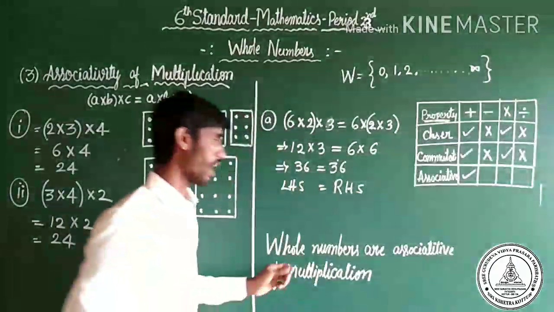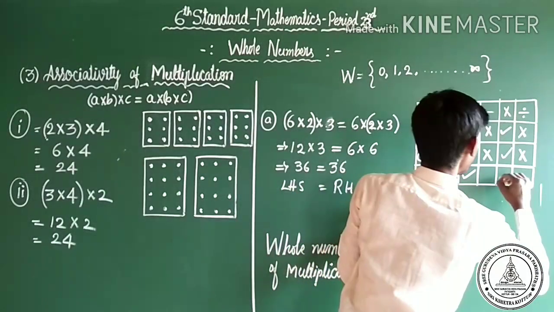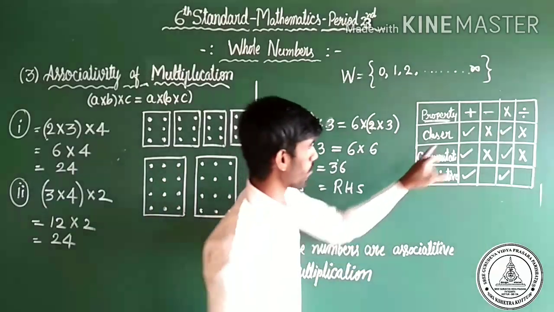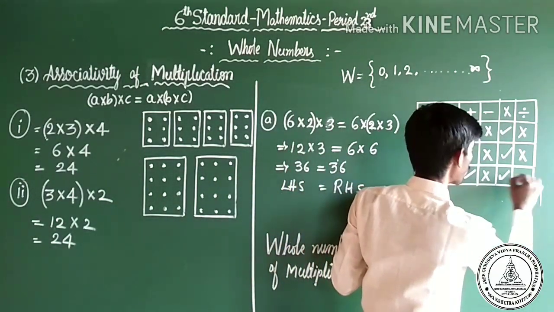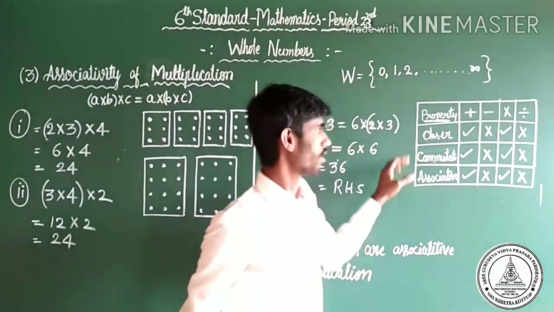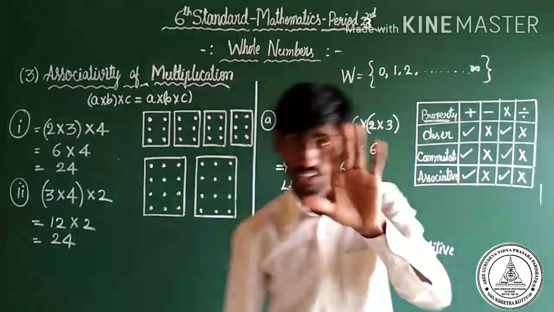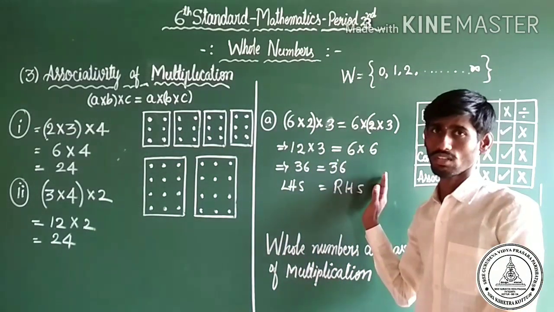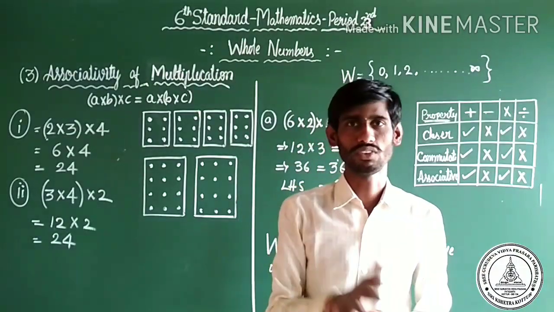Whole numbers are associative under multiplication, so this is true. Dear Chotu, the rest of the two, I mean subtraction and division, don't follow, so you may cross them out. This tabular column is very important, and I request you to please take other whole numbers and check it out. Finally, you will be able to perfect yourself. It helps to perfect yourself.